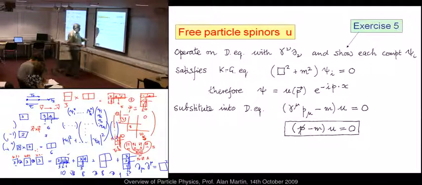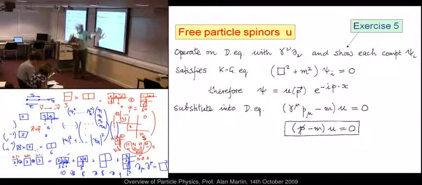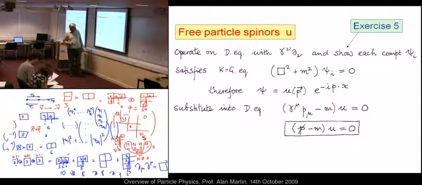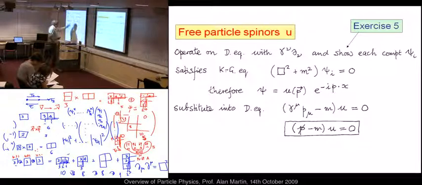Now the solution of the Klein-Gordon equation is just e to the minus ip dot x. Remember, just look back, this is a free particle, and we know where this comes from. So the space dependence we've already got for each component. Each component has got that, but it can have some coefficient with a momentum dependence. These are called the spinors, the Dirac spinors. So if we substitute this into Dirac's equation, and we take the derivative here,